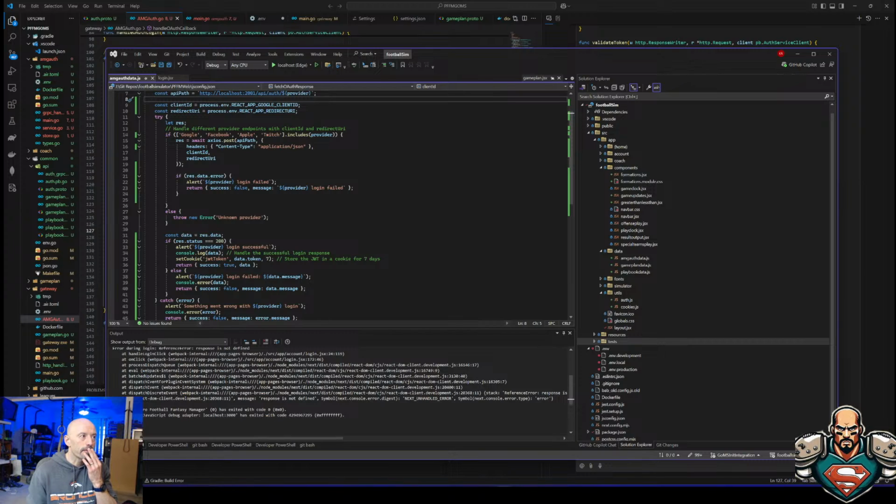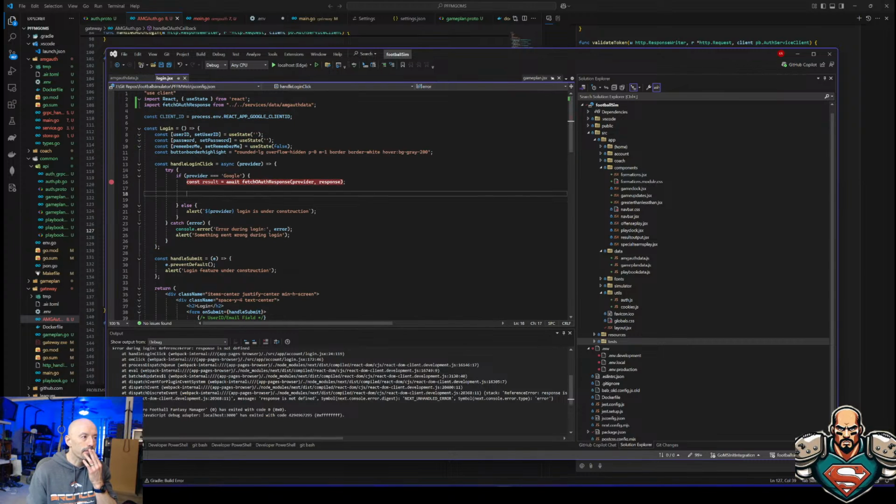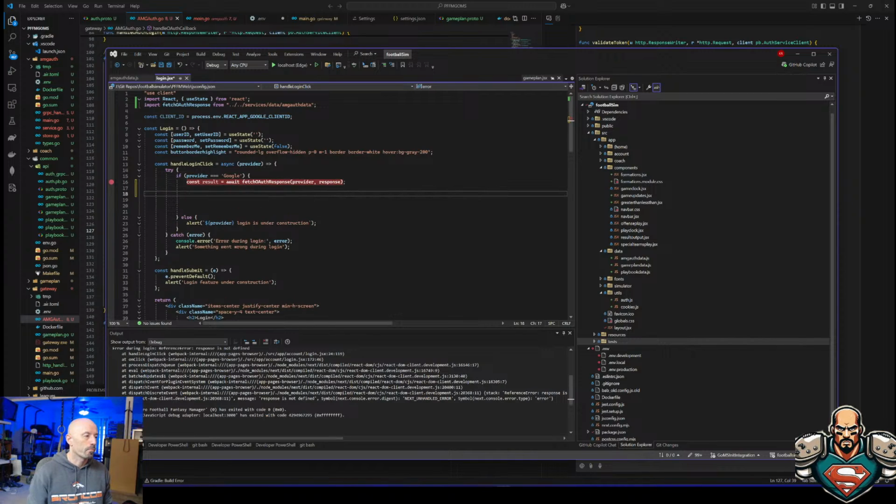So we got rid of that, we got rid of that. Login is no longer calling for code. Now we have our result, which is going to get something, and then we're going to say, nope, not service anymore. One level back for login, and then it goes over to the data folder and pulls AMG auth data. So that's fine.